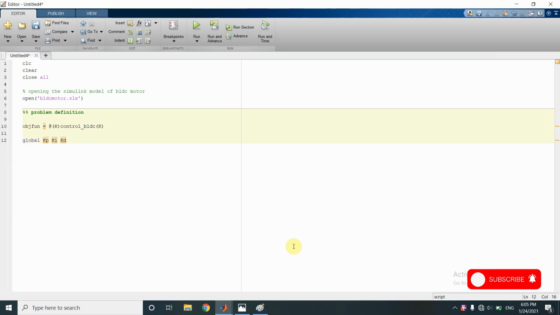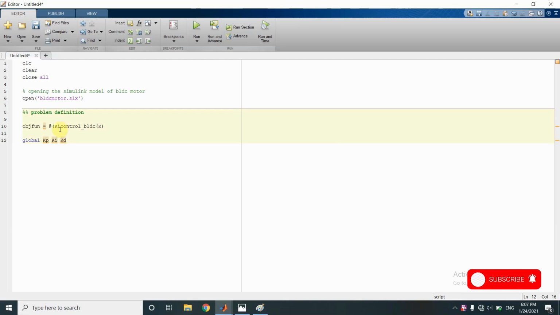I have defined the three variables as global because for running the Simulink file, we will need the values of KP, KI, and KD, and the Simulink file will only be able to take the values of KP, KI, KD if they are available in the workspace. Because in the Simulink file, I have defined the gains of the PID controller as variables. So the values of these variables will be taken by Simulink from the workspace itself.